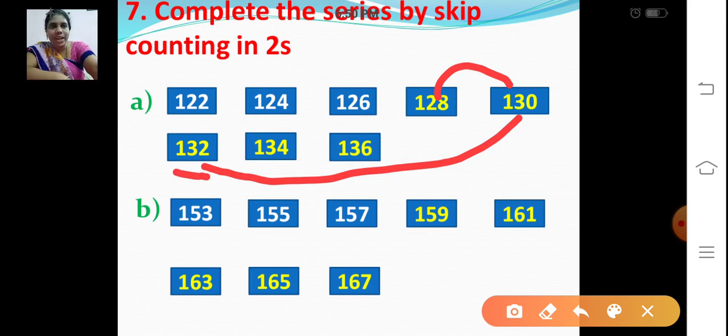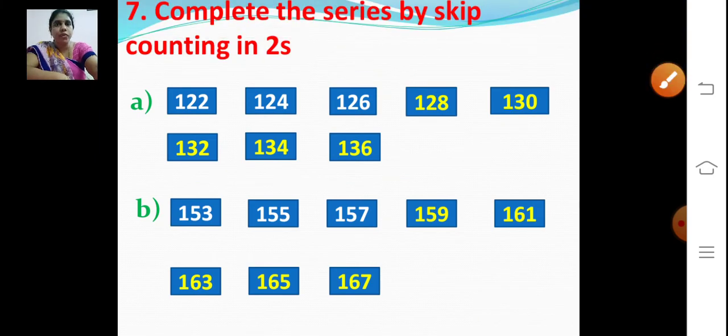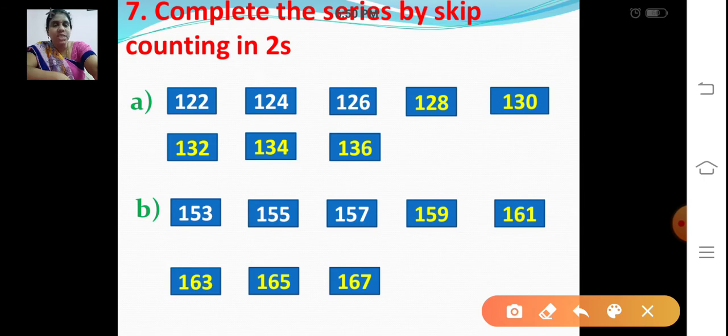So after that 126, write 128 inside the box. If you have the book with you, write the answers in the book itself. No need to write down in the classwork. So after 126, 128. Then after that you are going to skip 2 more. So 130. Then 132. And from this number I am going to skip 2 more. 133, 134. So write 134 inside the box.